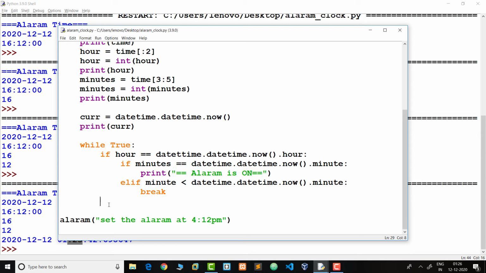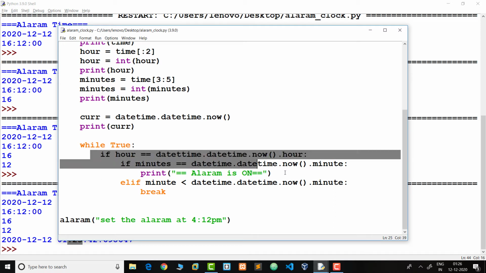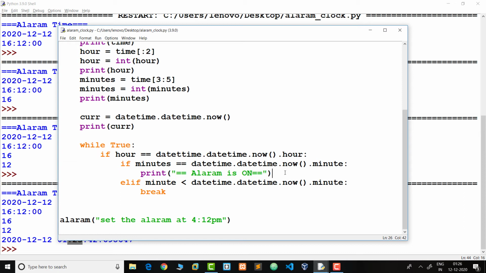Now we need to use a sound. So when we enter this if condition, we need to start the alarm. Here we are using a music file, but the condition is that the music file is in .wav format, WAV.